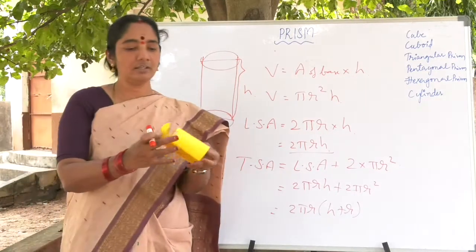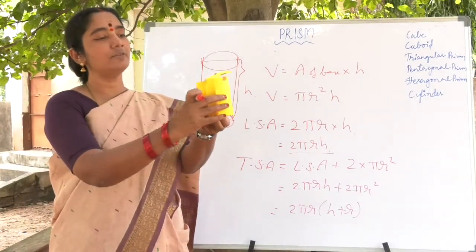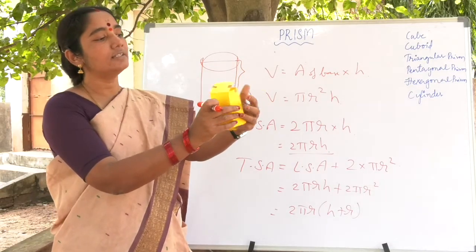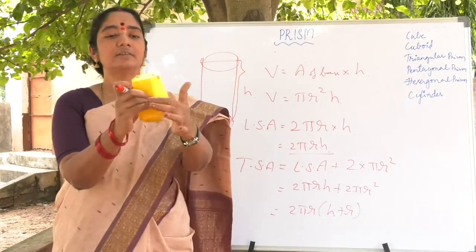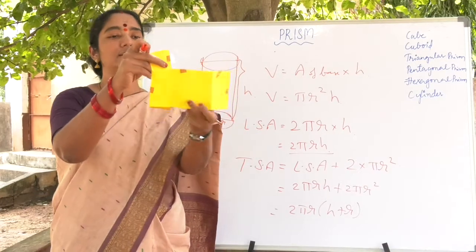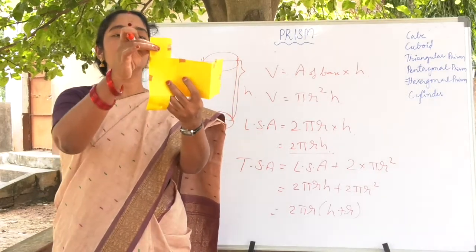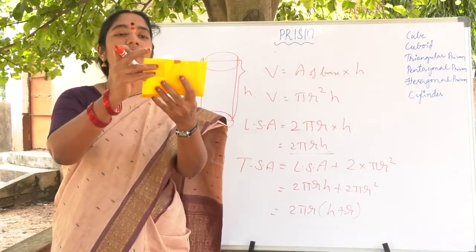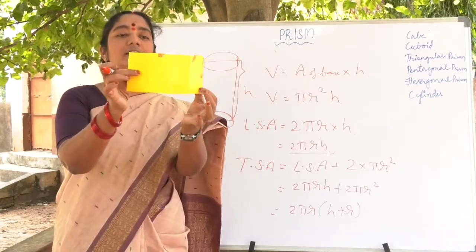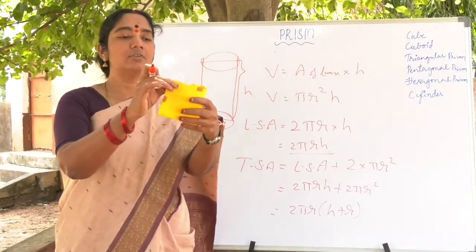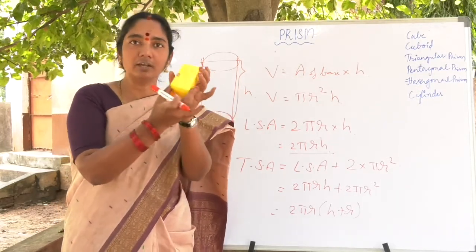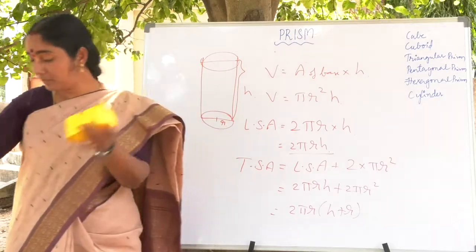Please try to see, these are all the different varieties of prisms. When we open it, lateral surface area means only these sides. Total surface area means all the sides open. You are getting this area, or the area of all of this. This is the total surface. Lateral surface means only the area of this. If you just close it, you are getting a cuboid. So I request all of you to do an experiment with this.